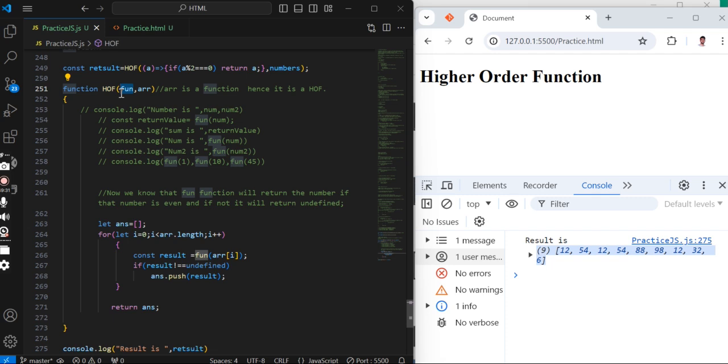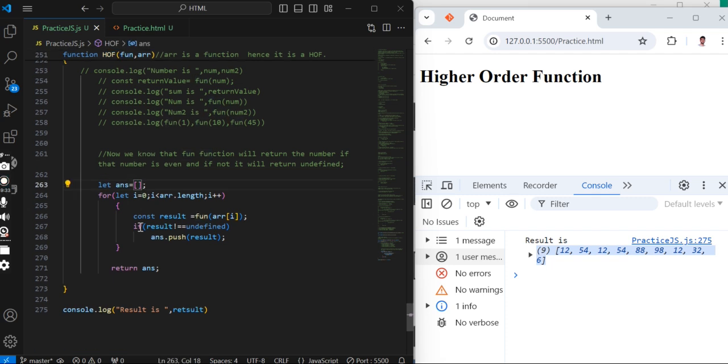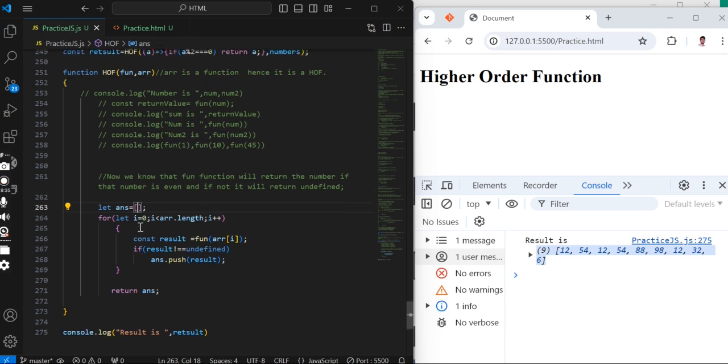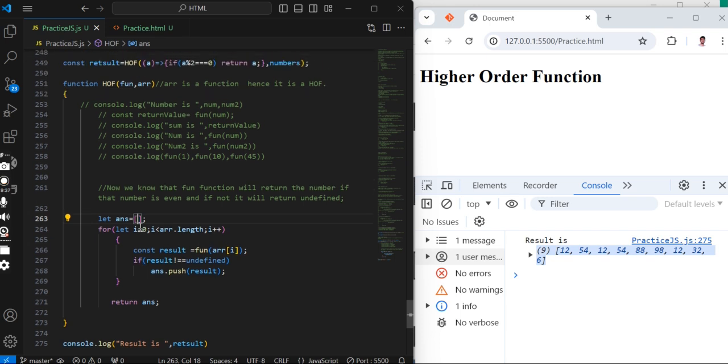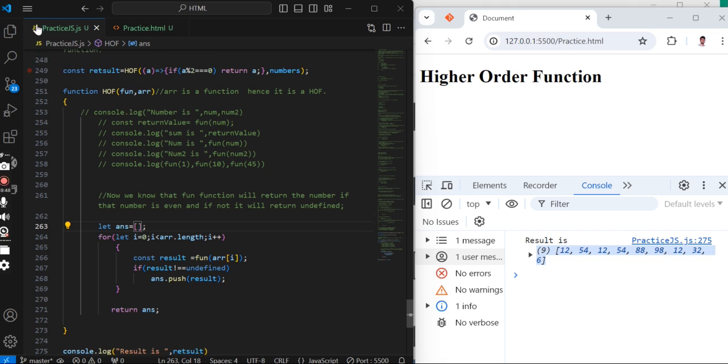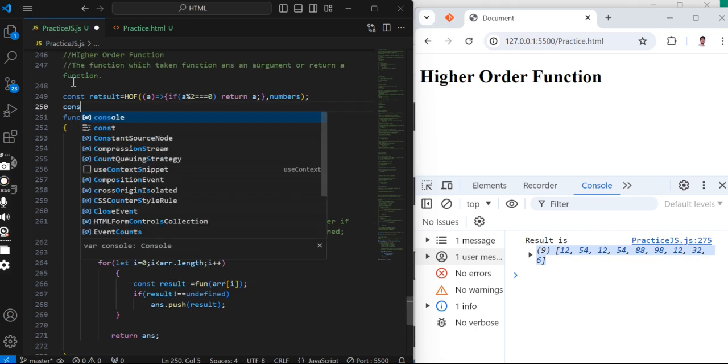Here this is a function, right? We had said that we are going to use the higher order function to extract even and odd numbers using the single function, right? So here we have extracted